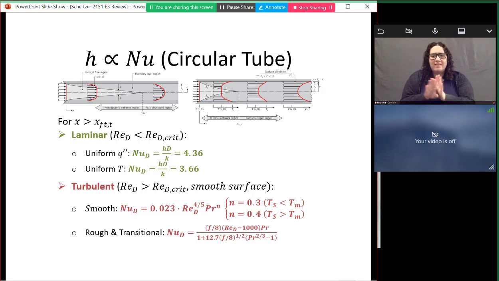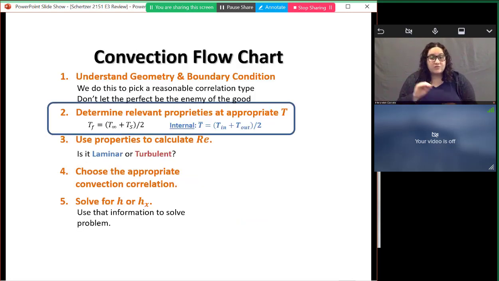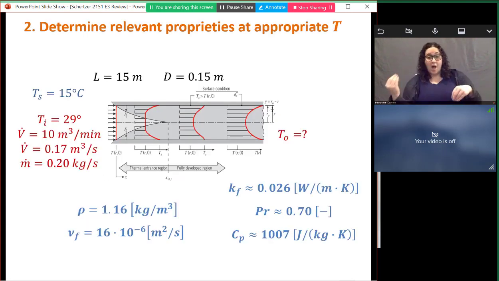And to do all of these things, I need to know the properties of the fluid. Usually we would determine the properties by looking at the average temperature between the inlet and the outlet of the pipe and looking stuff up on tables. But step 2 here is pretty straightforward in this problem because we're told all the properties that we need. So that's good. I'm now done step 1 and I'm done step 2.